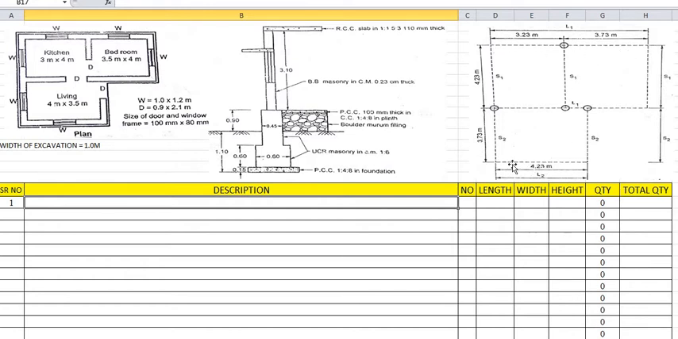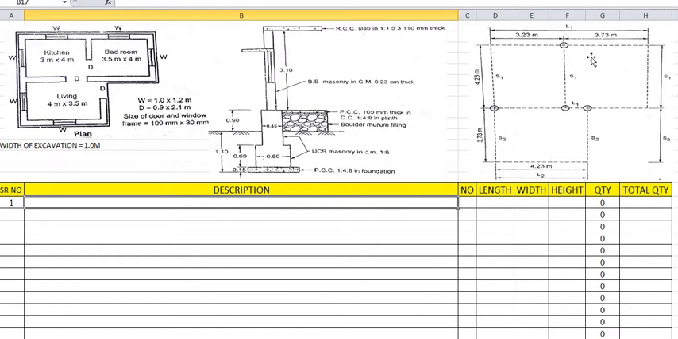Again, along the horizontal direction there is a short wall. What is the length of this short wall? We have already calculated it as 4.23. So how many long walls are there? L1 will be 2 numbers and L2 will be only 1 number. In this way we have to cover the complete